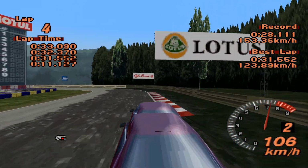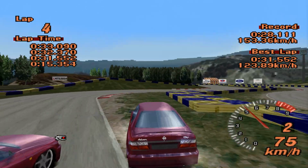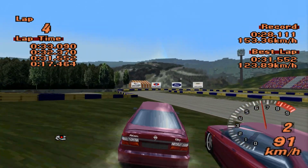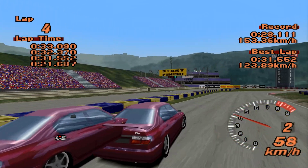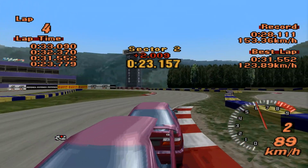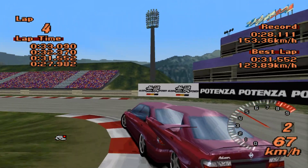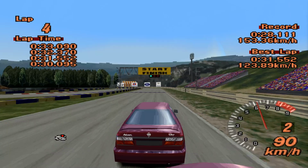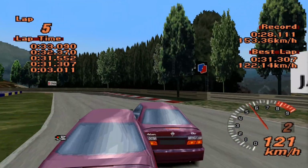It's a shame too, because that other Primera I can actually pick the colour, so I can have a purple Primera, but alas, it didn't really work out, so I had to do the Japanese national race, which is how you win this in GT2 Plus, over and over and over again until I got a colour of Primera that I was happy with. So